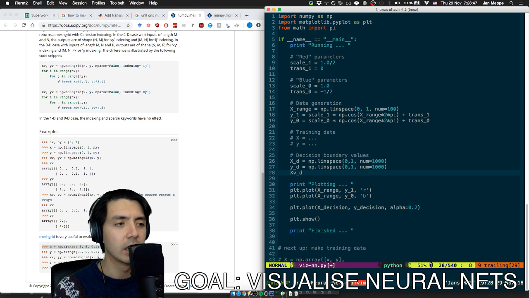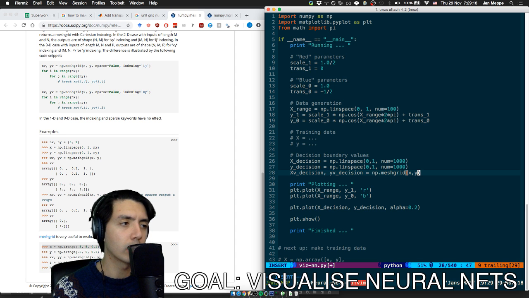Let's keep it decision. Let's not confuse ourselves. XV, so for vector or field. So XV decision, comma YV decision is NP mesh grid